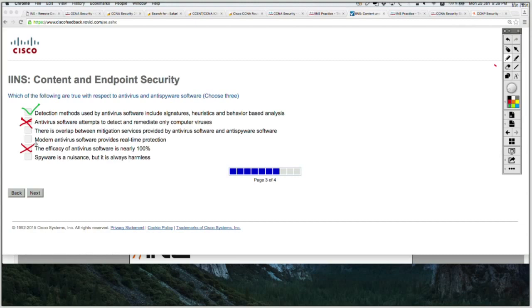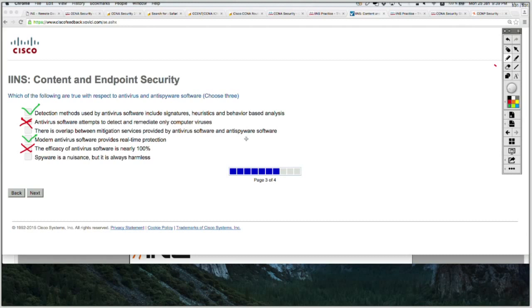Modern antivirus software provides real-time protection, so I'm going to put this one, because even though it's not 100% correct, it is more correct than the other ones. And then I'm going to choose between antivirus and anti-spyware. There is overlap, but they achieve totally different purposes.